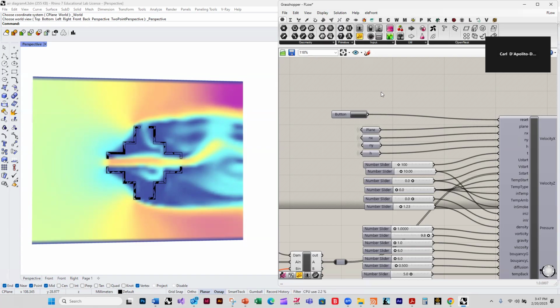Okay, so very ready. And now it's outputting velocity. So in order to clean all the data,